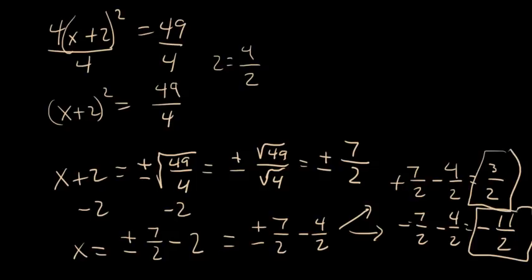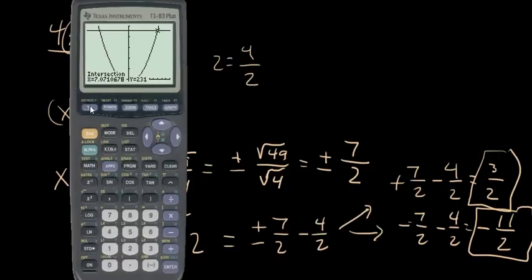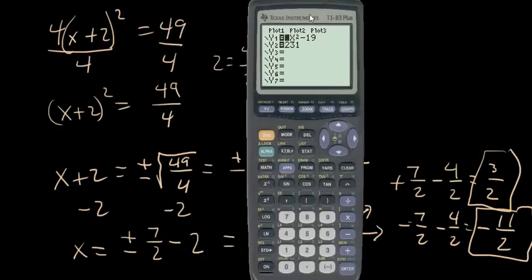And once again, I check it on my calculator and see what I get. Go to Y editor and put on the left side 4 times the quantity x plus 2 quantity squared. Okay, and down here I've got 49. Now I've got to change my window again and delete that 1 there. I don't want that. So I got to change my window again because now I want this